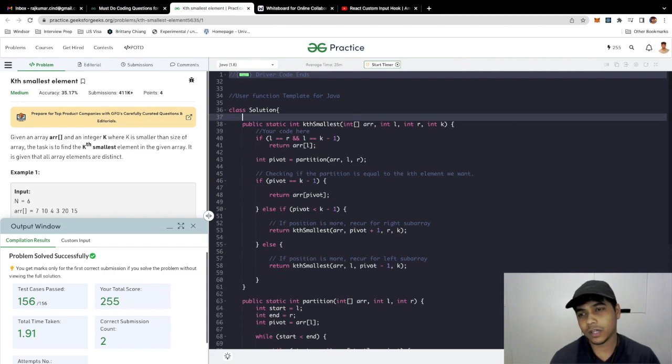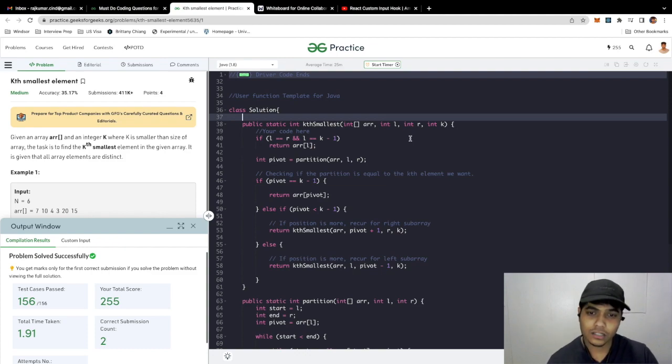When I first took a look at this problem, it seemed pretty straightforward. The idea is to find the kth smallest element, right? So the obvious solution would be to sort the array and then find the kth index in the array. That way we'll be able to return the kth smallest element. So I started to write out the most obvious solution. You just put Arrays.sort and then you return array.get of k minus 1 and you would get the kth